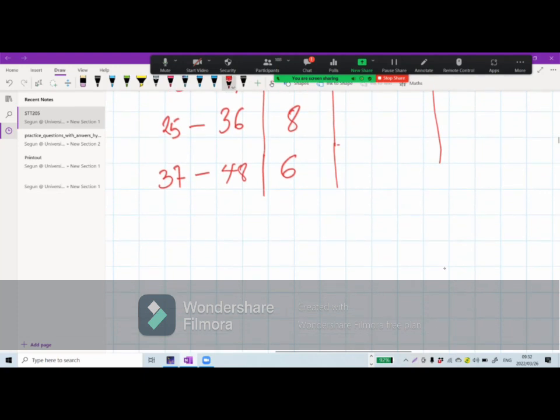For the class midpoint, like we say, the class midpoint is the same thing as lower class limit plus